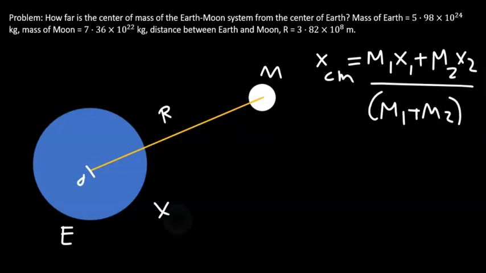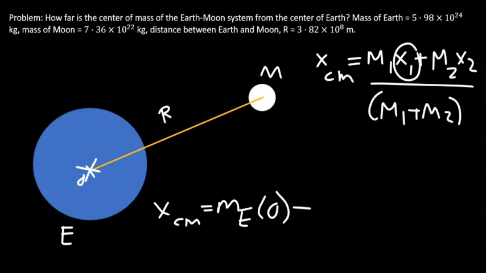In our case, mass 1 can be taken to be the Earth, and we know its mass. However, x1 is the distance where the mass of the Earth is concentrated from the origin. The mass of the Earth is concentrated exactly at the origin, so x1 in this case is 0. Mass 2 is the mass of the Moon, which we know to be